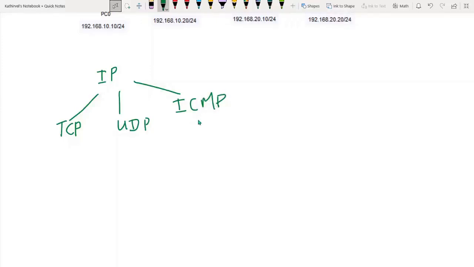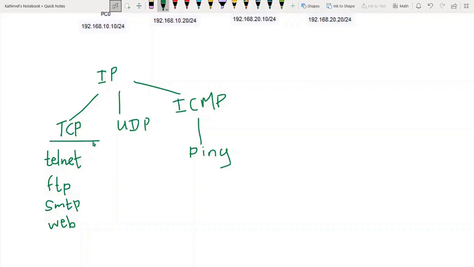When we try to ping, we use the ICMP packet, right? And under TCP, you can have Telnet, FTP, File Transfer Protocol, SMTP, and web traffic, www. Everything comes under TCP, Transmission Control Protocol, and UDP, which has